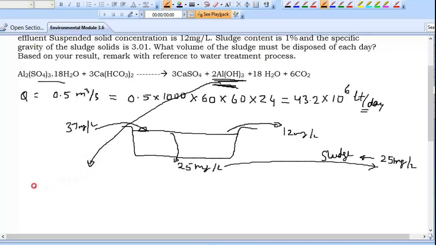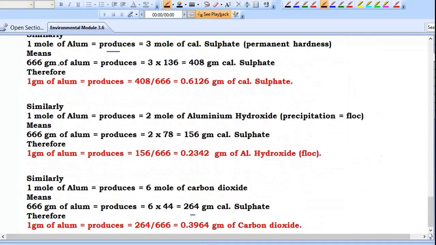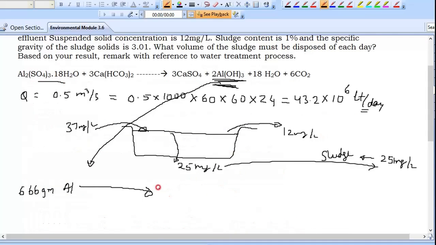That I need to get it like 150 gram of flock. Now